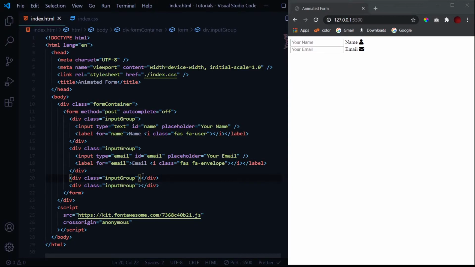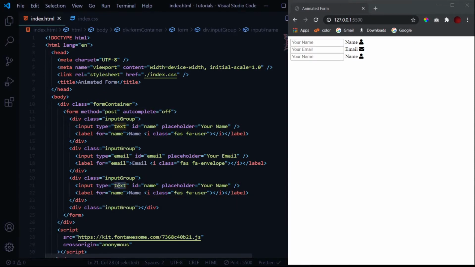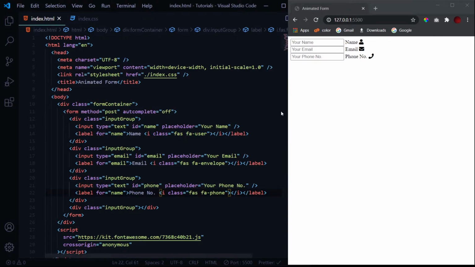Yeah, this is it. Now moving towards the third one, let's give it a phone number. So your phone number, and the icon will also be changed. So we have got all our input fields and the labels.